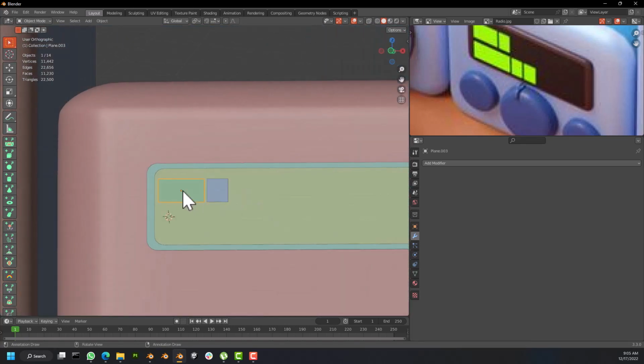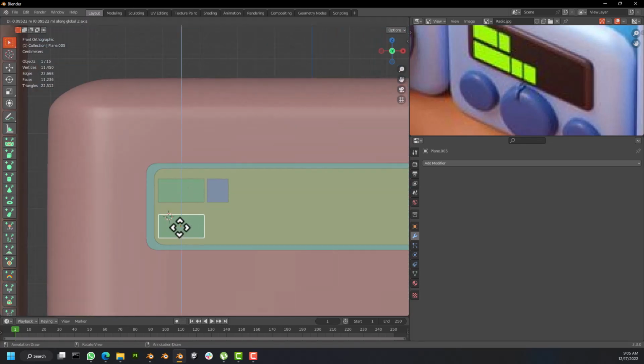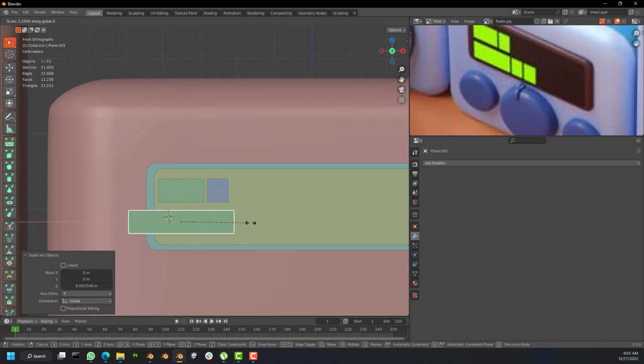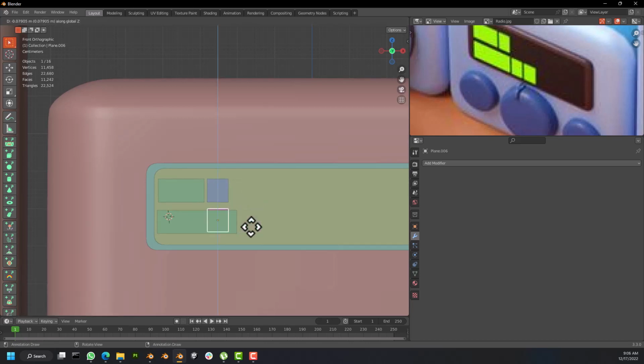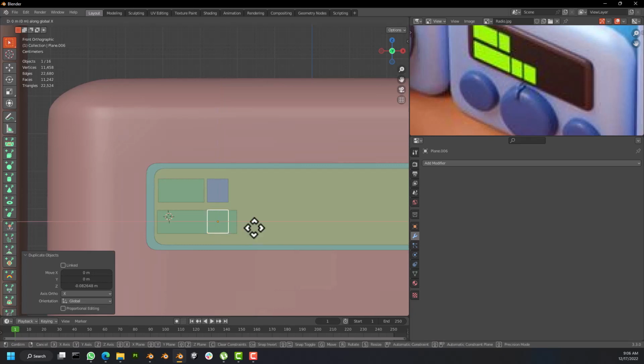All right, so let's duplicate this one and bring it down along the Z axis and scale it along the X axis. All right, let's duplicate this one, Z, X. Let's scale this in a bit,